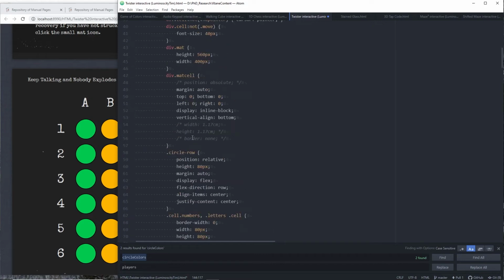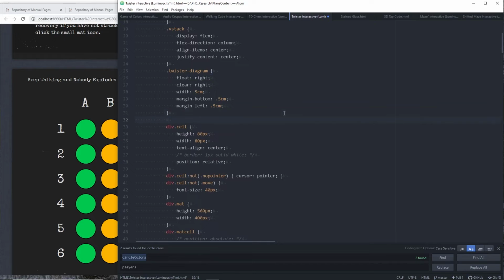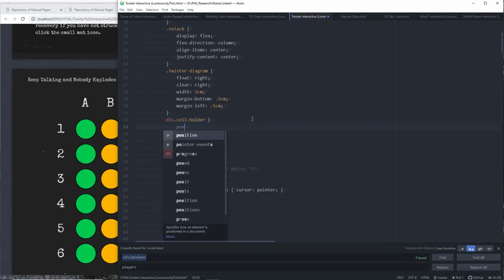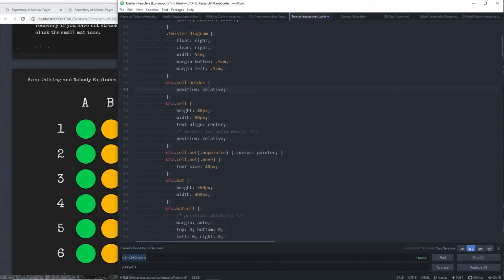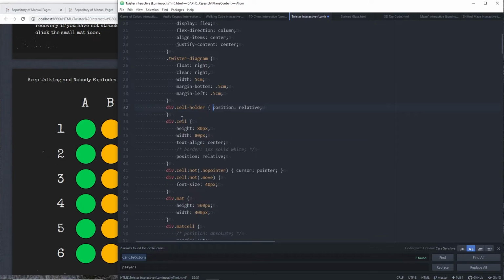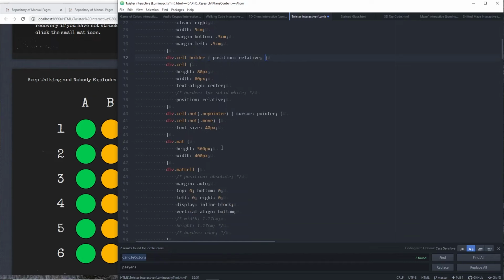Where are those? Yep, here they are. They're defined right here. There's where the cells are defined. So we will have div.cell holder, and let's keep with the convention here. Consistency. Position relative, and that's all that one's going to need. In fact, we can just really simplify this because that's all it needs. I might regret that because I might add more to it later, but